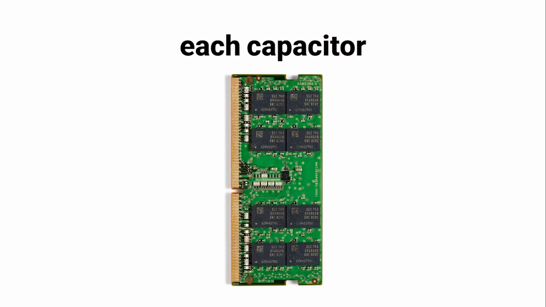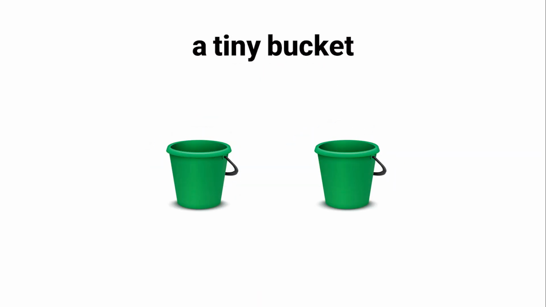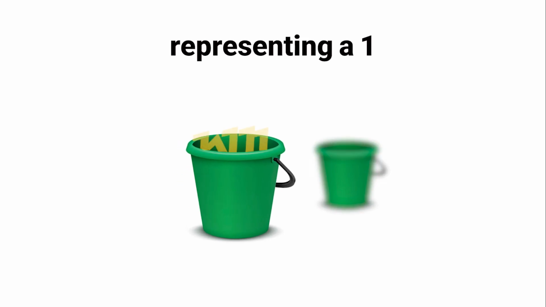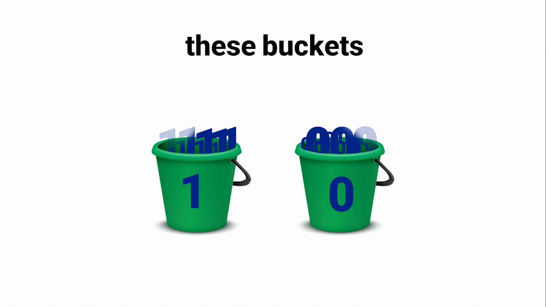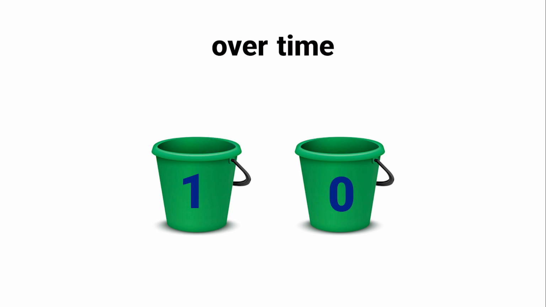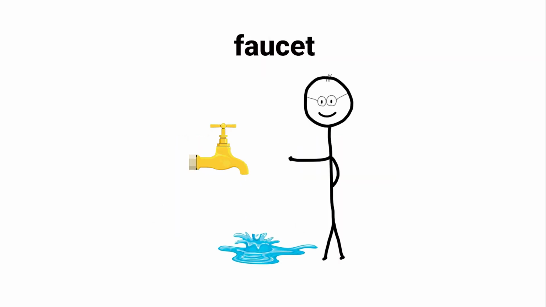You see, each capacitor in a DRAM cell is like a tiny bucket that can either be full, representing a 1, or empty, representing a 0. However, these buckets have a tendency to leak over time, like a slowly dripping faucet, or